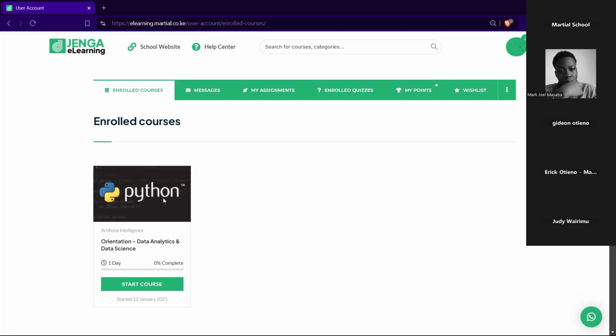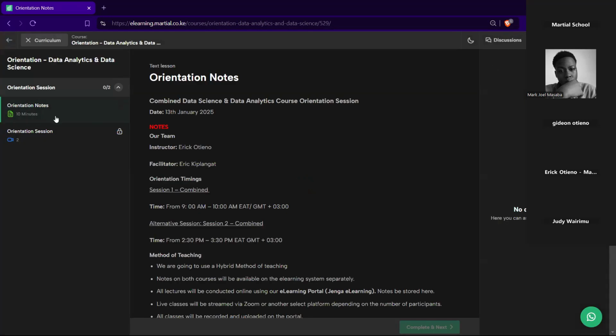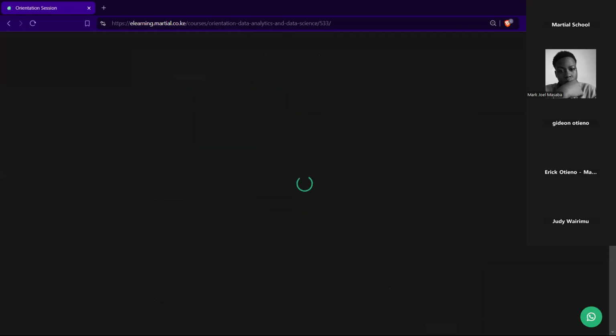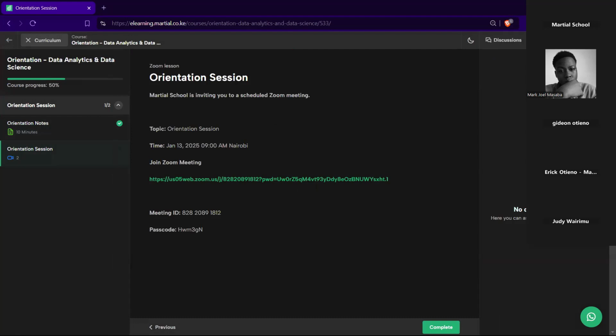So for the enrolled course right now, it's the orientation session. This one is a prerequisite that you need to have before proceeding to Python for data science or data analytics, because you have to go in a step-by-step way. As we had started, you needed to start the course, go through the notes. You have to scroll until you are at the bottom and then complete, and then you go to next. That is how your lessons are going to be. You have to scroll until the last page. And if you're prompted to do a quiz, you have to finish the quiz, pass it with 100%, and then proceed to the next lesson.